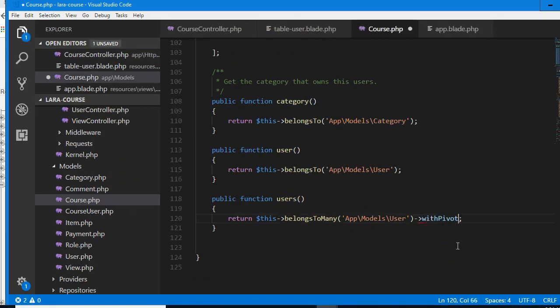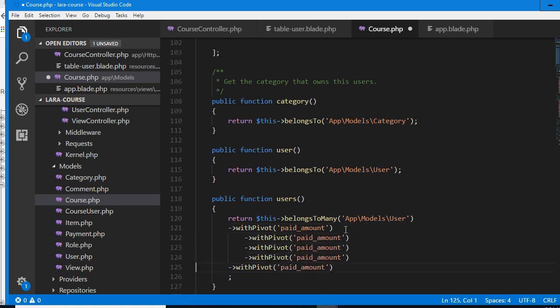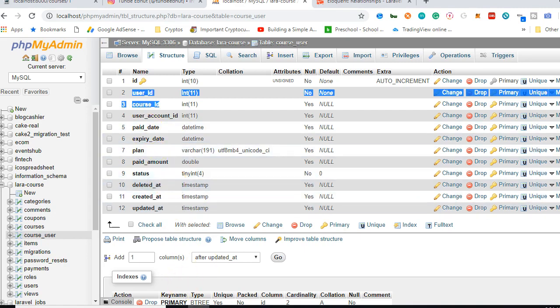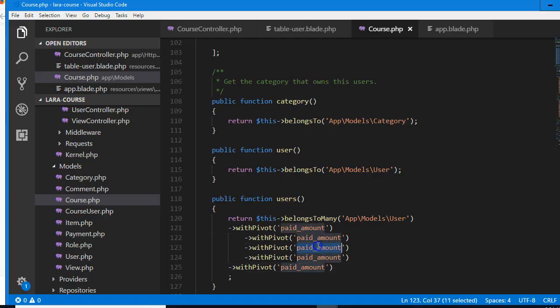Then we start stating the fields that we want it to contain. First one I want it to contain is paid amount. I think I should bring this down, enter, without pressing space. You press enter without pressing space. Bring this down too, and I can duplicate as much as I want. Okay, now I can start looking at fields I want. Paid date, expiry date. So paid date, expiry underscore date. Depending on how many fields you want it to always pull out at once,